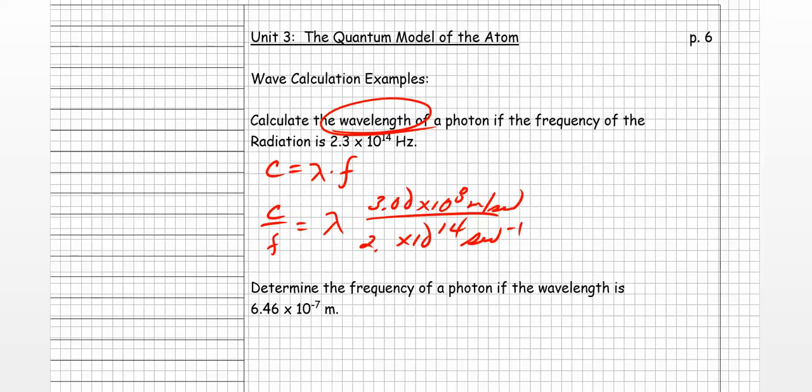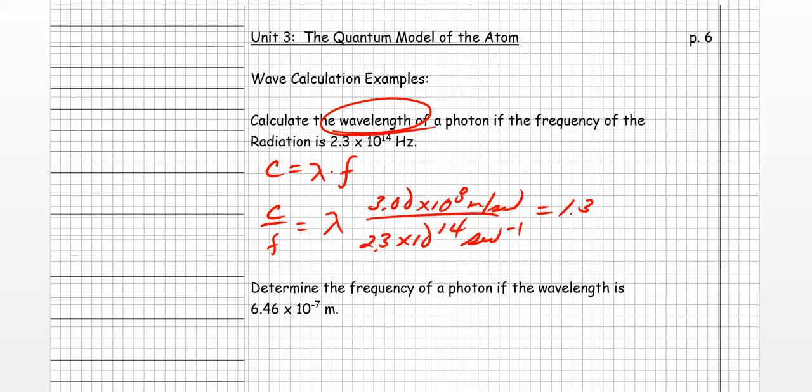So what's going to happen is, now I'm going to need my calculator. So I'm going to say 3.00 second EE8. If you don't know how to enter scientific notation, ask me or ask someone next to you and let them help you. By the way, this was 2.3 times 10 to the 14th. So we'll divide that by 2.3 second EE14. And I get this number, 1.3